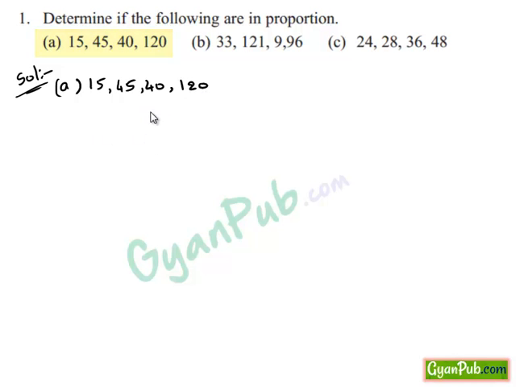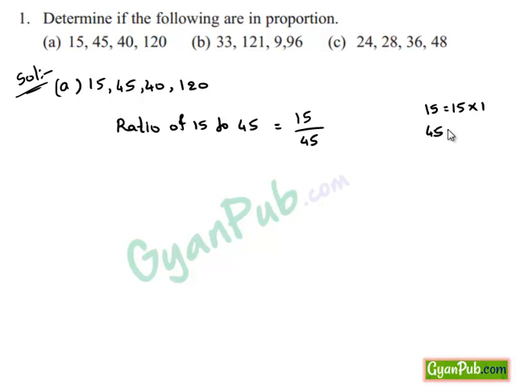We know that ratio is comparing two quantities of the same units. So first find out the ratio of 15 to 45. This can also be written as 15 upon 45. Here we can observe that 15 is equal to 15 times 1 and 45 is equal to 15 times 3. So rewriting this, 15 times 1 upon 15 times 3. Here 15 in the numerator and 15 in the denominator gets cancelled, which gives the ratio of 15 to 45